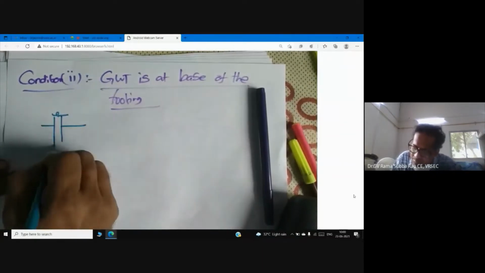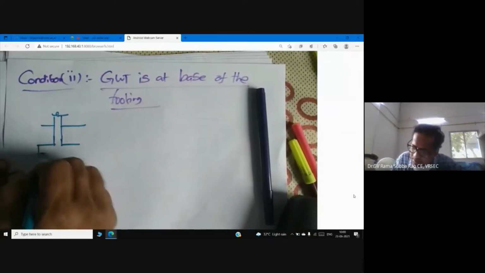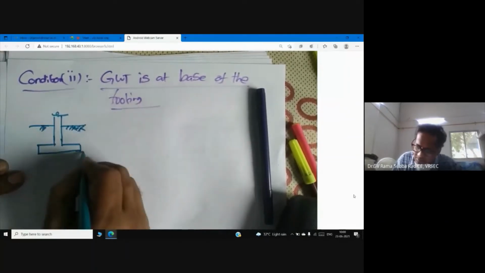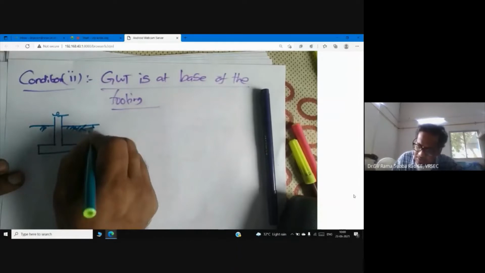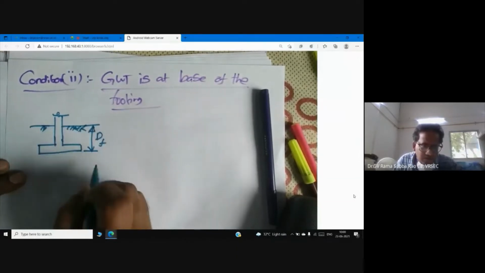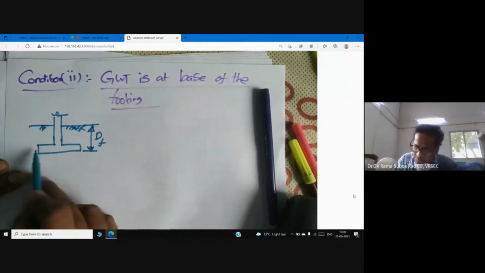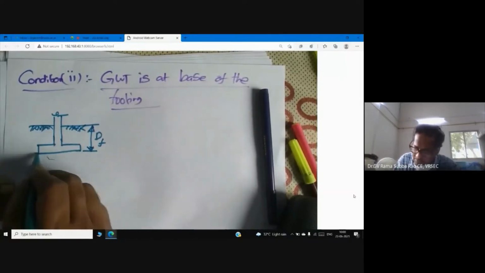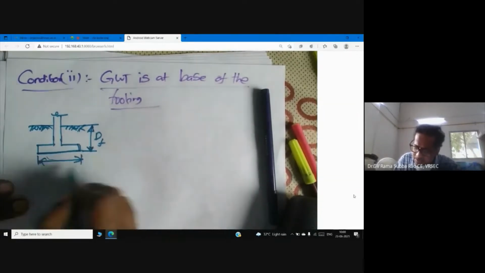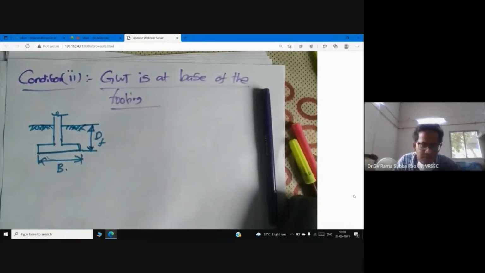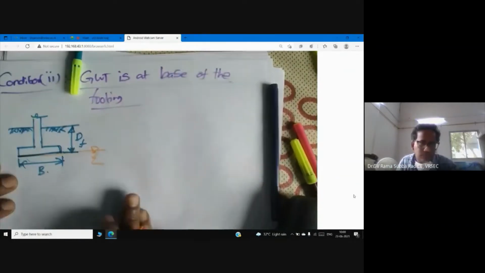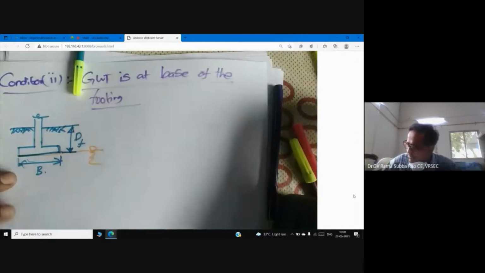You can see now, this is the figure I am drawing. This is the position of the ground level, and this is a footing foundation. Footing is an embedded one. You know that footing is embedded in the ground. So no doubt it is buried in the ground. This is the depth of the foundation, written already, width is given. Now what I am asking you, if the water table is at the base of the foundation,